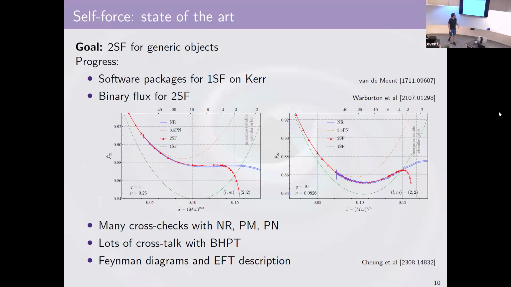They have made progress on 2SF. And as you can see in these two plots where the dashed lines are very faint, and that is not my fault, that is the review plot's fault, the 2SF actually does a significantly better job of reproducing numerical relativity in these regions of interest than either the 3.5 post-Newtonian or the first self-force. And this is actually a fun one. So this is Q equals 10, where you're relatively strongly in the self-force regime. This is Q equals 1, which is actually kind of funny, that you can get very close to good results, even in the situation where your approximation is starting to break down a little bit.